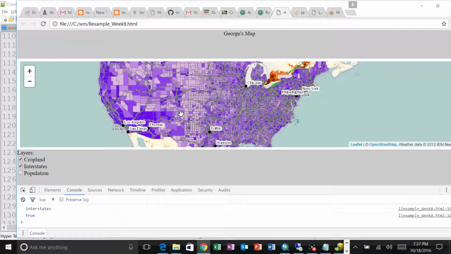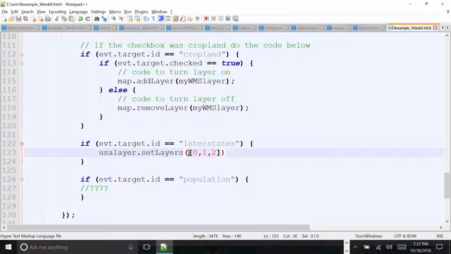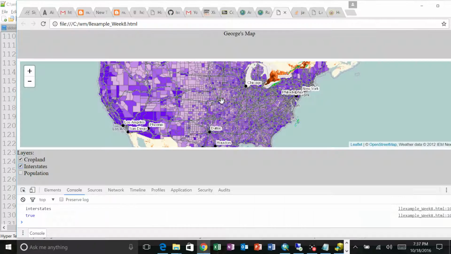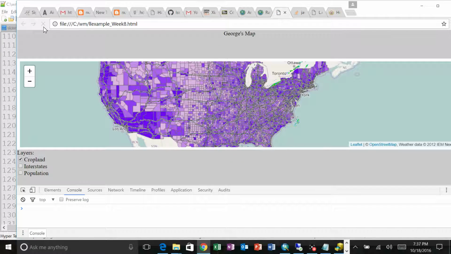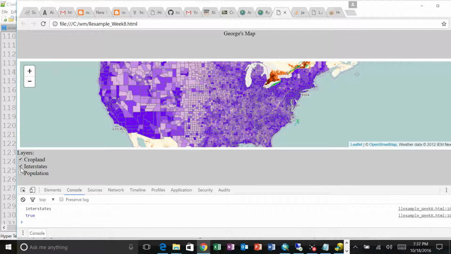So now we're also seeing the cities layer. So this line of code basically allows us to change which layers are on by providing the number for the layer. So if I only want layer 2 on, I go like that. So now when I check this, going back to before, I get rid of the